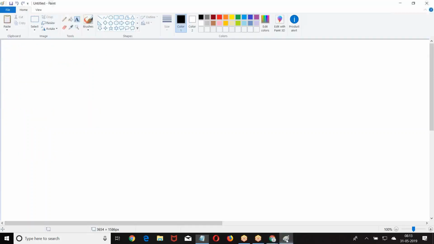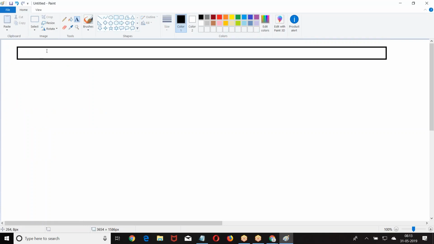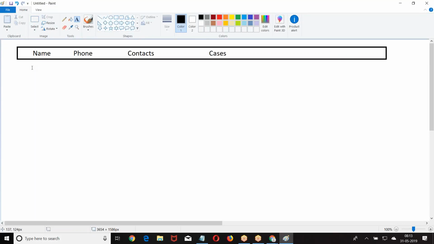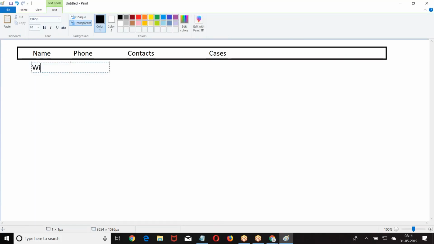Again, I want to display the data like this: name of the account, phone number of the account, contacts, opportunities, or else cases. Now we are getting Wipro, some contact.